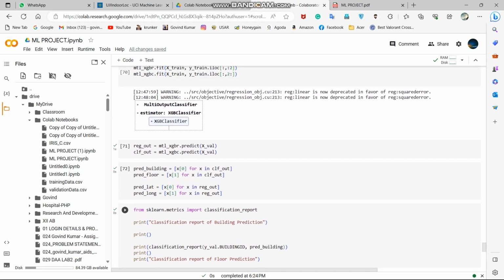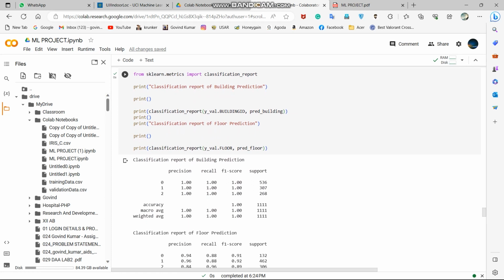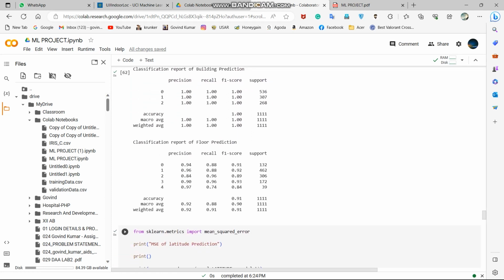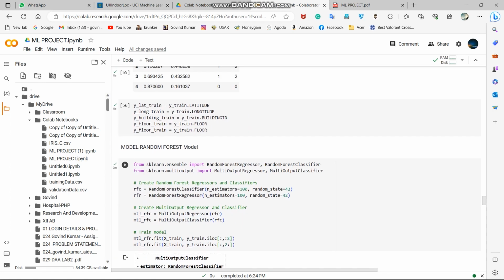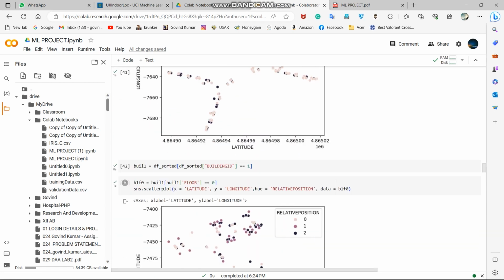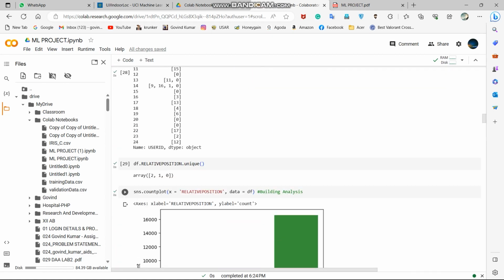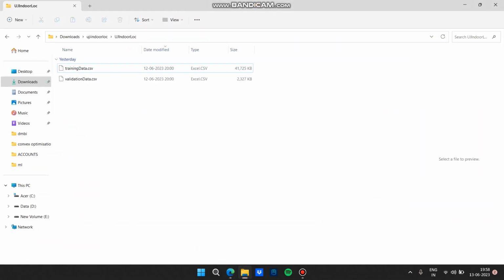So we have seen that XGBoost and the random forest are giving 0.91 accuracy, and the SVM is giving 0.90 accuracy. So, not SVM, the random forest and XGBoost are the most suitable models on this data set, as per my knowledge. So this is the code, all the code, and my report is